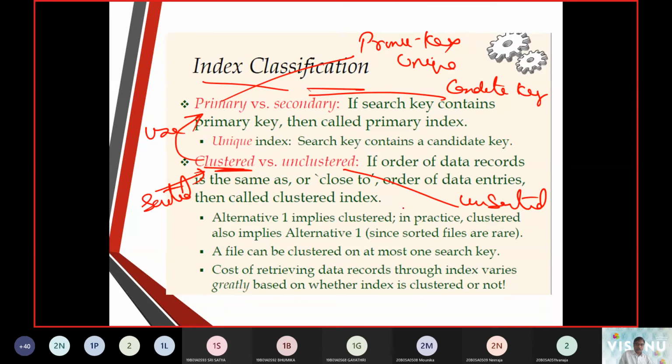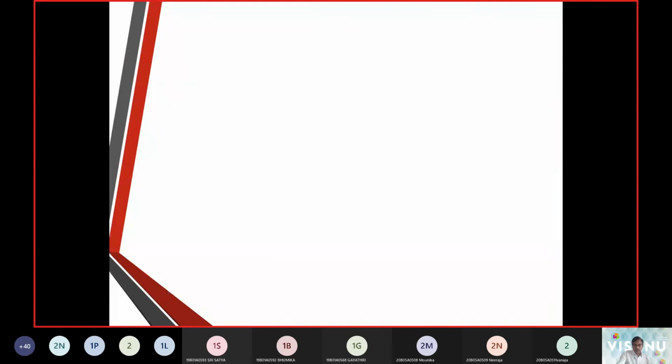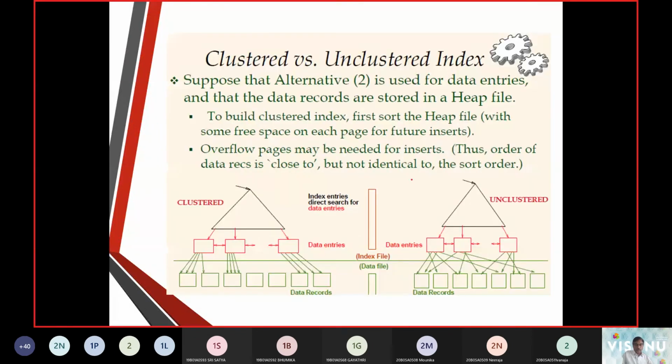So what was clustering here? They are going to group the same items or close items in the data entries. We mention it as a clustered index. Here you can see data items are purely clustered, purely ordered. There is no ambiguity.